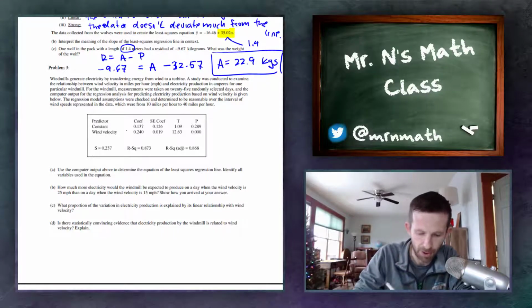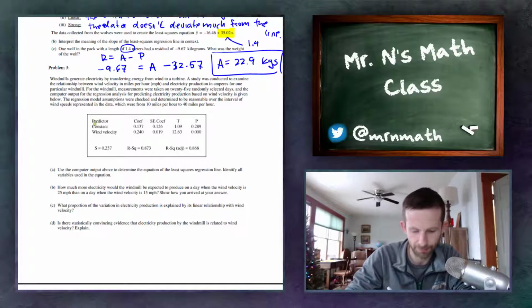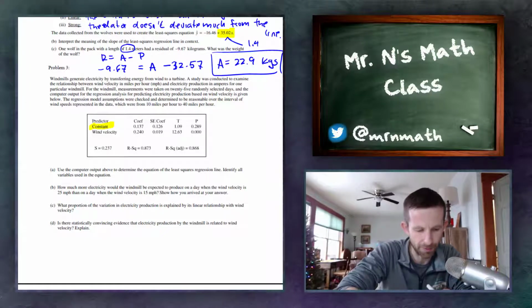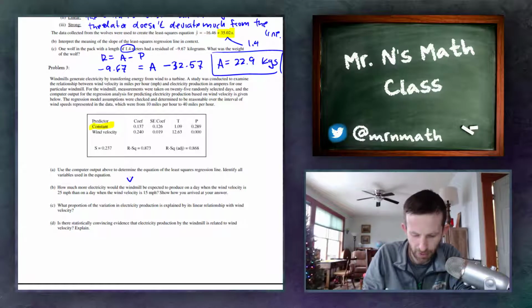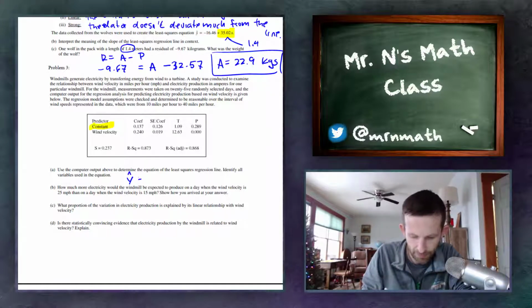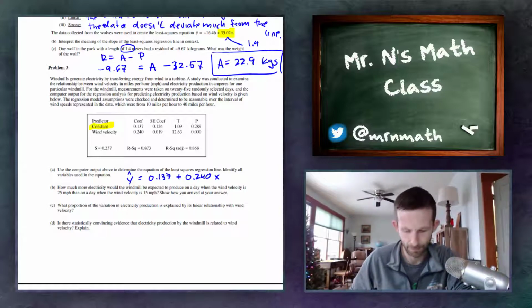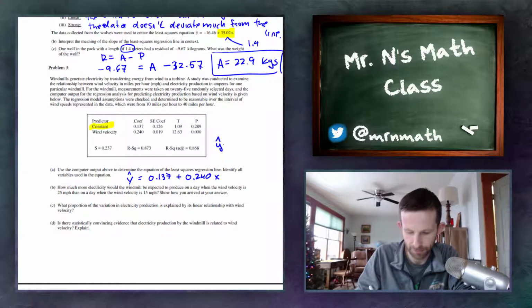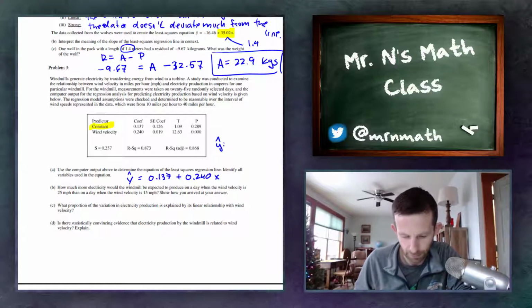All right, so the constant is going to be my y-intercept. So I will have y hat is 0.137 plus 0.240x, and I'm going to identify all the variables. So y hat is